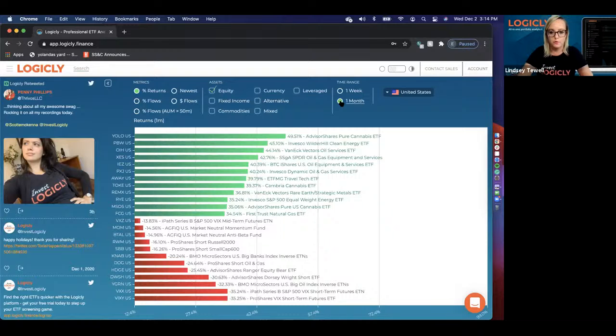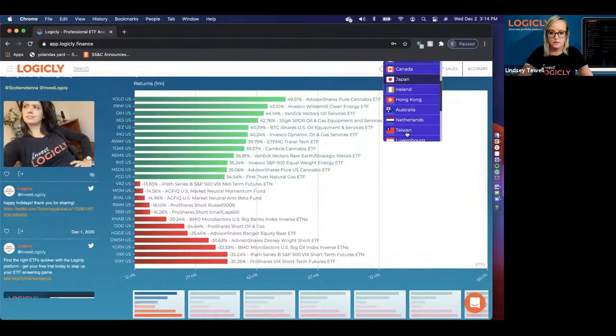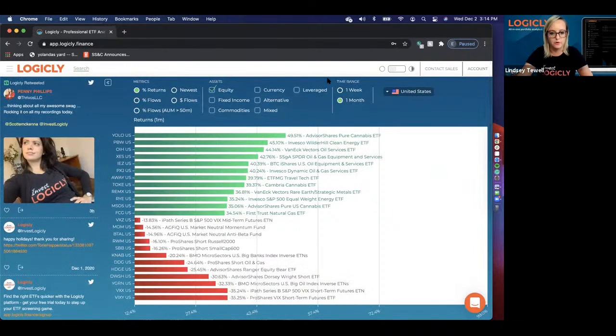Also, we're fully global, so that drop down menu where you see the US flag, you can look at any country where ETFs are listed. So this is a great tool just to keep up with what's going on. When you sign in, you can take a look, and you can always drill down further into any of these ETFs. But while we're talking about